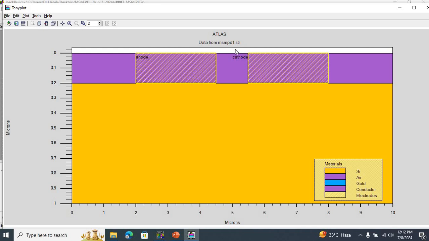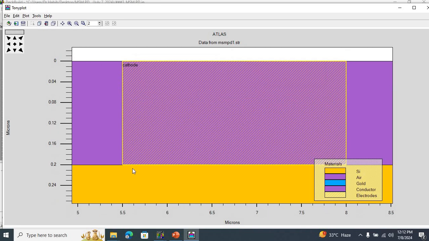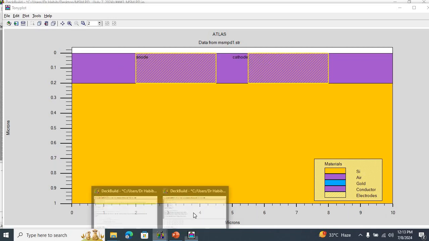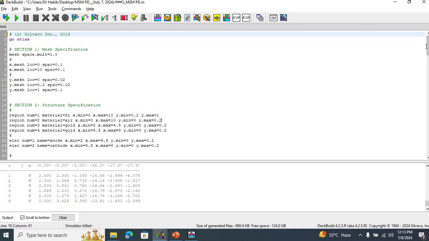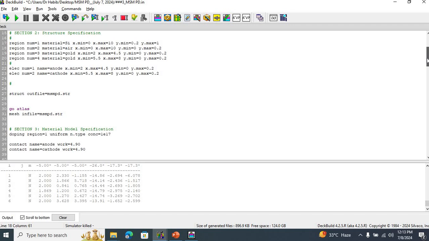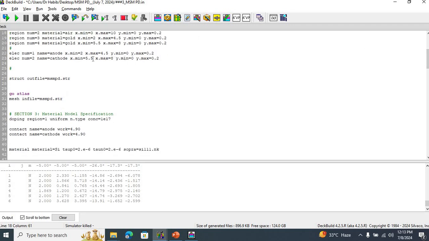Similarly, region number 4 is gold once again, running from 5.5 to 8 micrometers in the x direction. So this region over here, running from 5.5 to 8 micrometers in the x direction and from 0 to 0.2 micrometers in the y direction, is my cathode region. After that, I have assigned anode to region number 3 and cathode to region number 4. Then I create the structure,